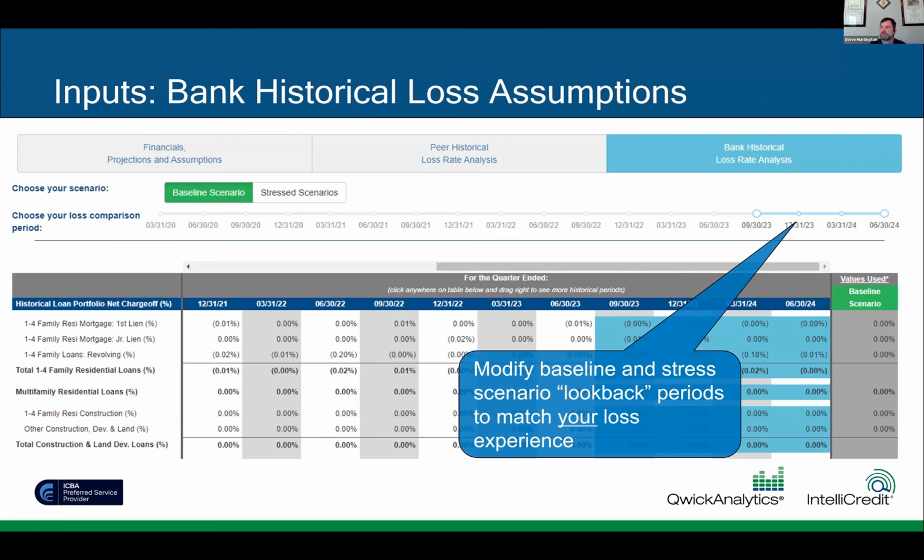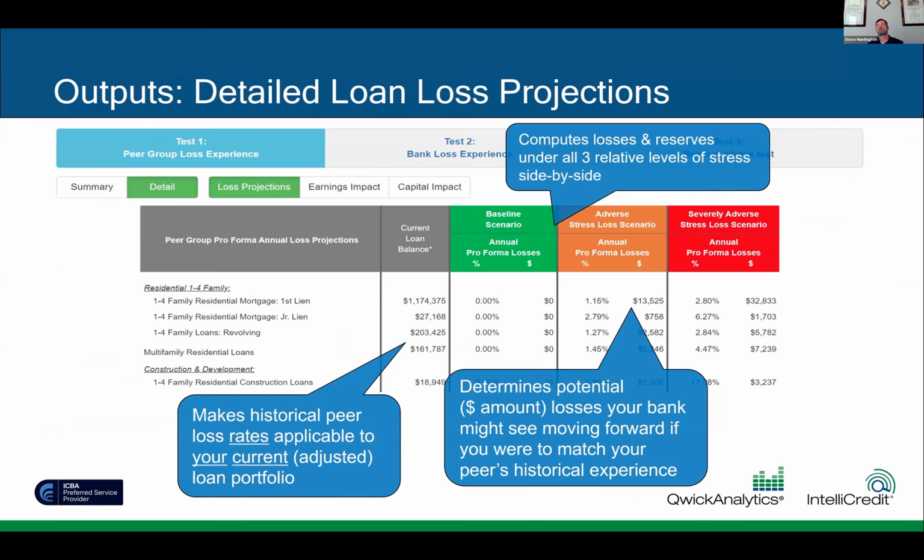In the next slide, I believe we get to the outputs. So again, remember there were 3 steps in the outputs. First step is reprojecting loan losses. So we take those historical loss rates, we apply them to your current portfolio, and we calculate losses that you might anticipate over a 2-year period moving forward. And once we have an idea of what your reserve level would be, what your net charge-offs would look like, and any OREO losses you might have, we can use that information to completely reproject the income statement.